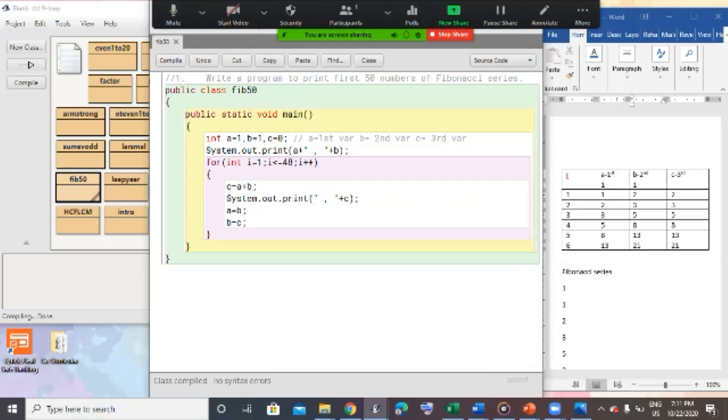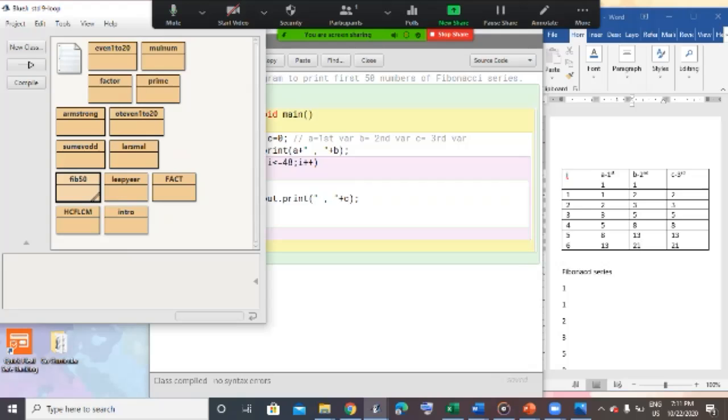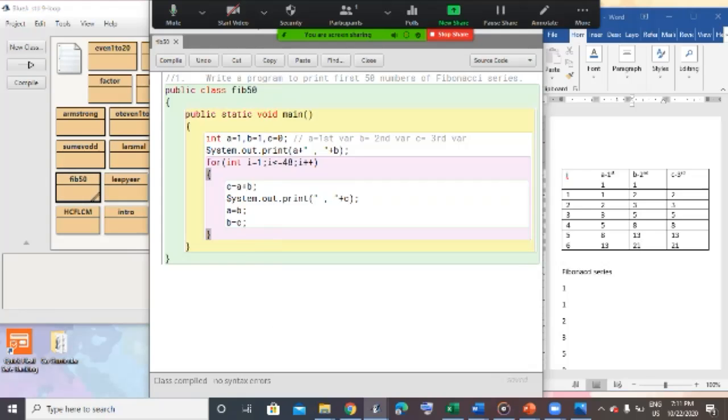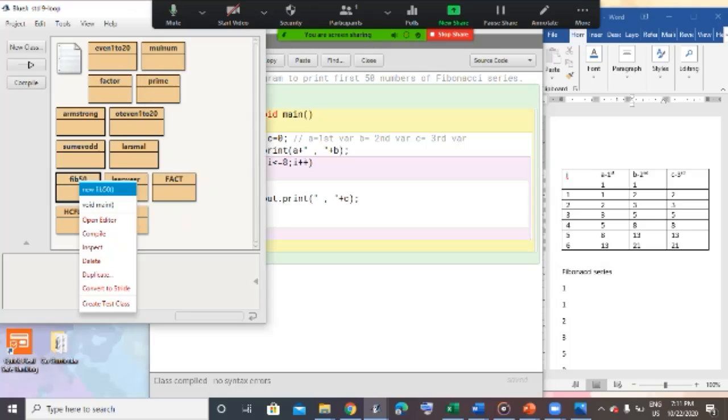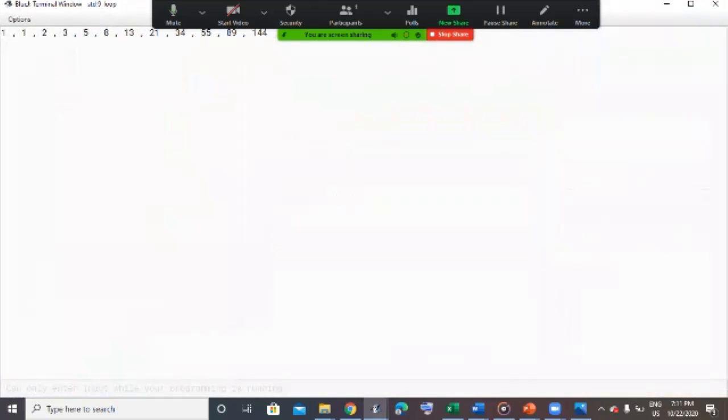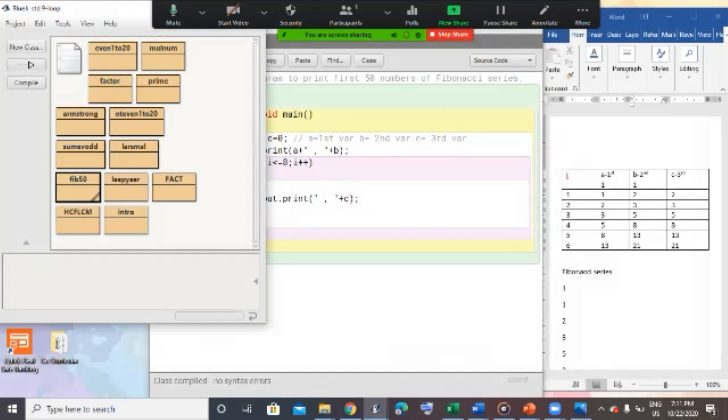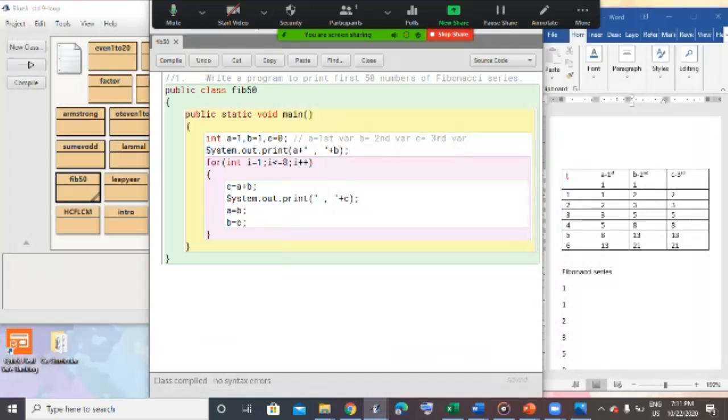So I compile it. Now when I run the program, it will become a longer output. To show you in a shorter way that it is generating, I will generate the first 10 values. As two values have been printed, I will take 8 more values. So I'll compile it. Now you can see in my terminal window the first 10 values have been printed. In a similar way, for 50 values you need to make it 48, as two values have already been printed. Let us go for the next question.